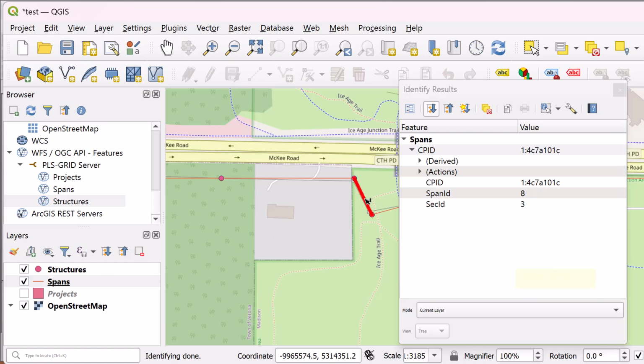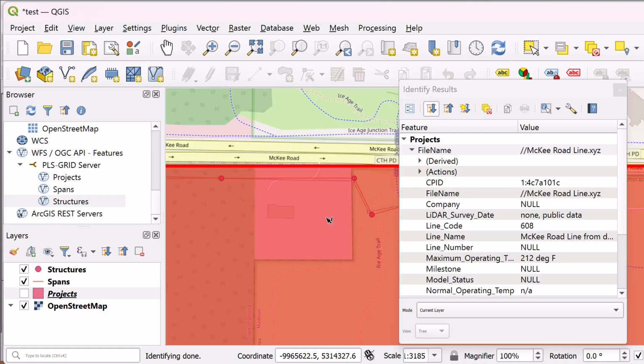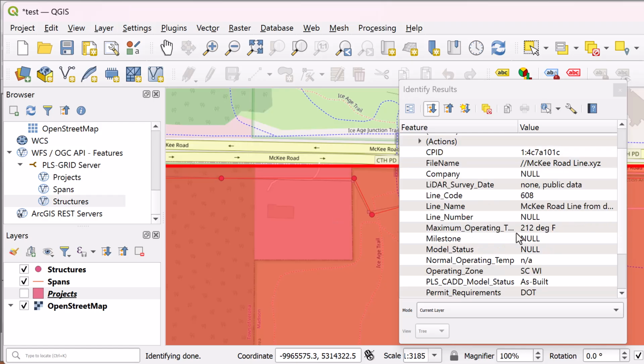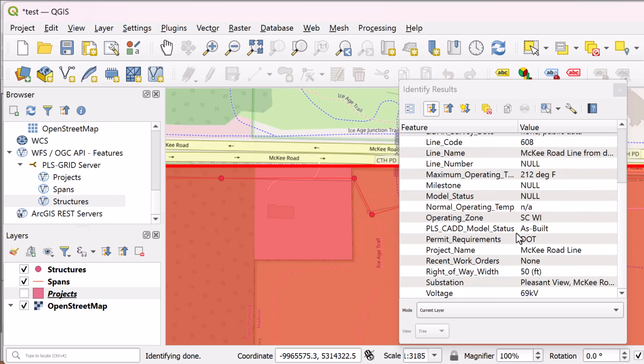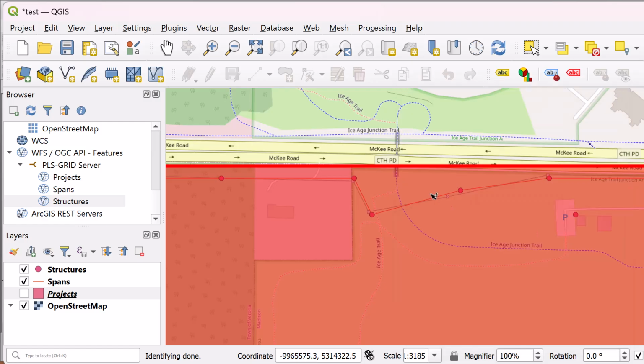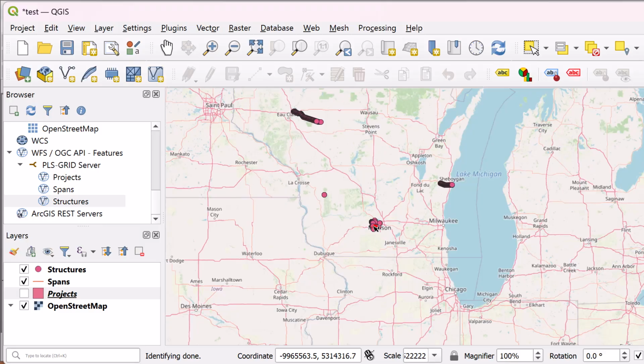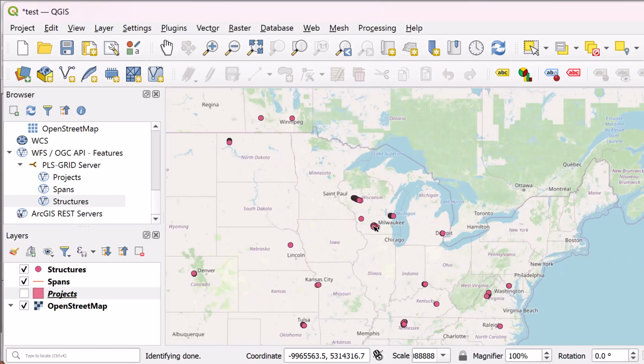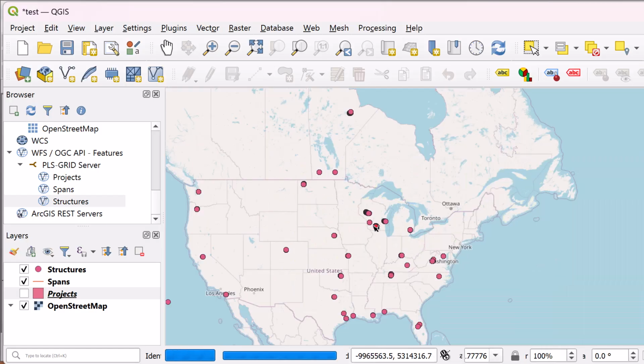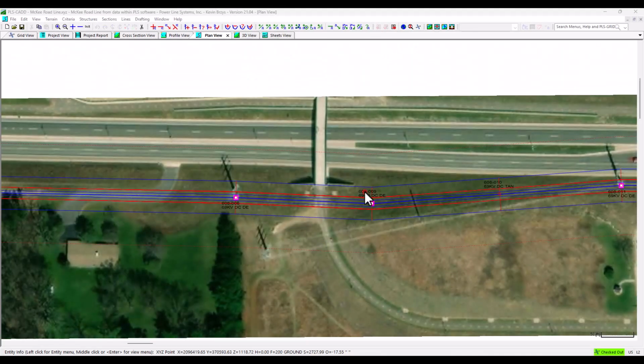Query data on spans. Query data on projects. A lot of this is general data info from a PLS-CADD project. Zoom out again and see all the projects from a PLS Grid server. The WFS feature on a PLS Grid server queries the latest information. Here, the two twin poles are obviously too close together. So let's slide one across the bike path here, straighten out this line a little bit,